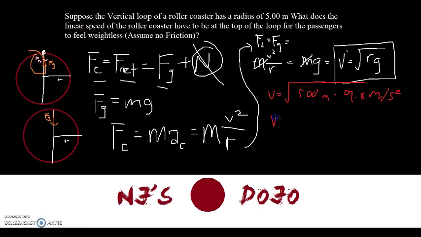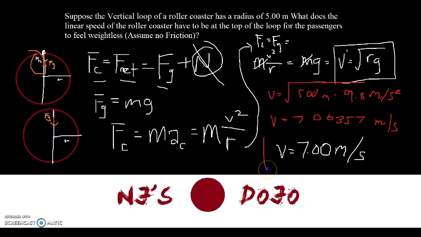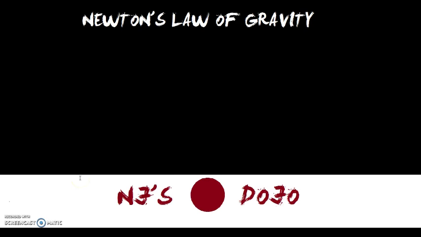Okay, so we get that velocity would be equal to 7.00357 meters per second, and since we're looking for precision, we can simply round it up. So velocity is equal to 7.00 meters per second. And that's how you get the linear velocity from centripetal force. Okay, now that we've tackled a lot of the basic concepts of circular motion, we are now ready